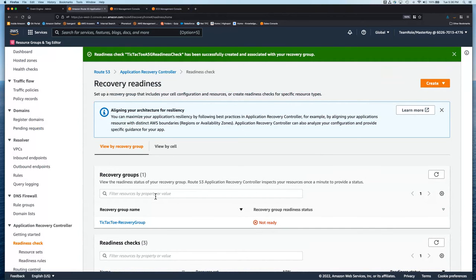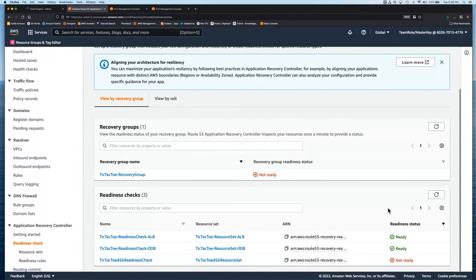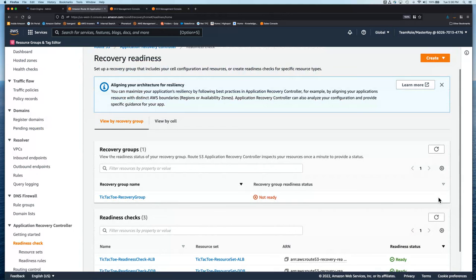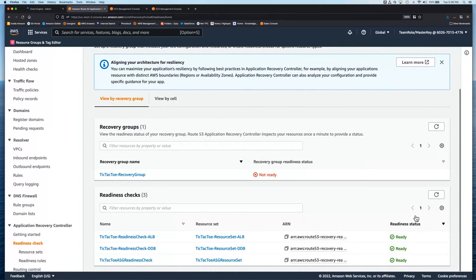One thing I'll take the opportunity to mention here, and I'll share the links for later, is that you can configure this manually like I'm doing here, but you can also use CloudFormation or Terraform. I'm actually going to share the links of the sample code out there, as well as a blog post for anyone that's interested in doing that. You can get your own tic-tac-toe application running.